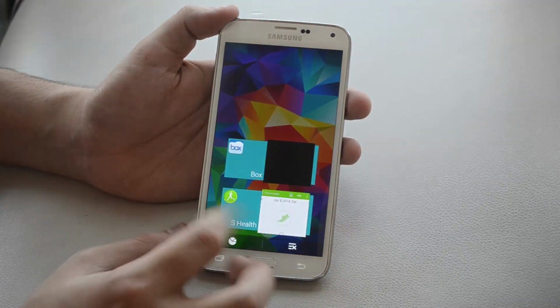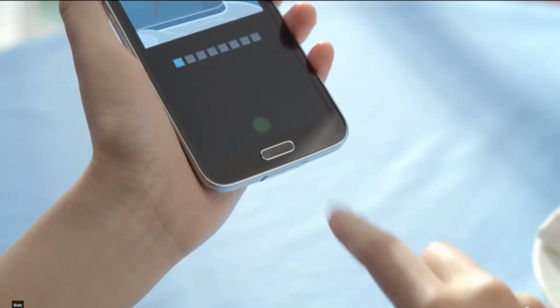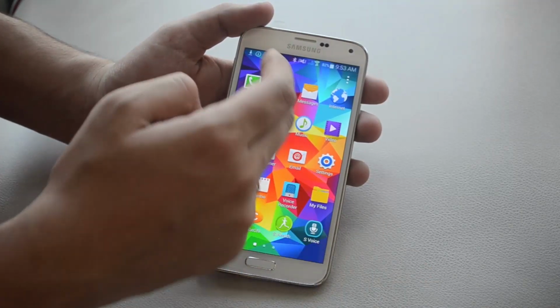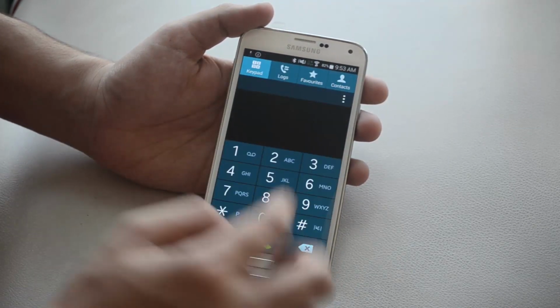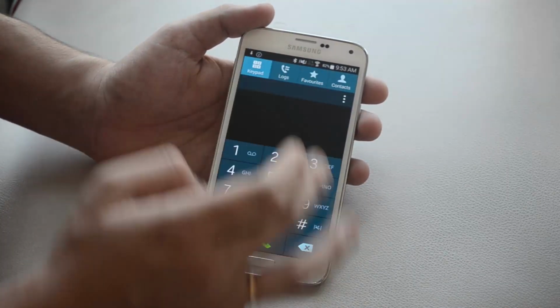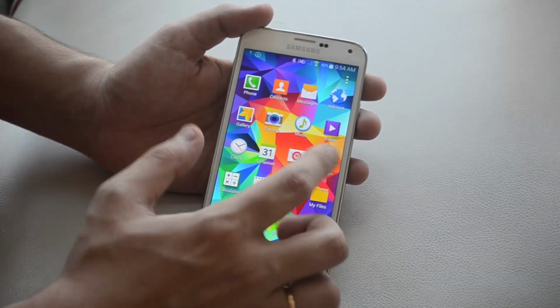So jumping straight ahead on this device mode, it also has a touch UI kind of a feel, or a finger scanner kind of a feel, which we have seen in Apple's 5s. But this device works pretty well when it comes to the finger scanner. You can access PayPal and other secure sites with your finger sensor rather. This device is IP67 certified, so it's water resistant and dust resistant also, no matter how small the dust